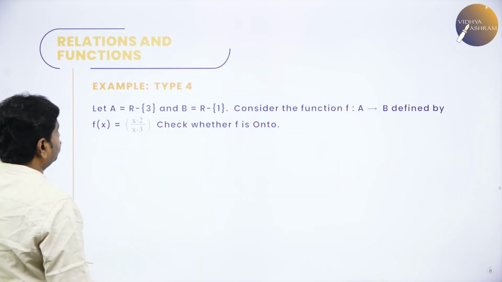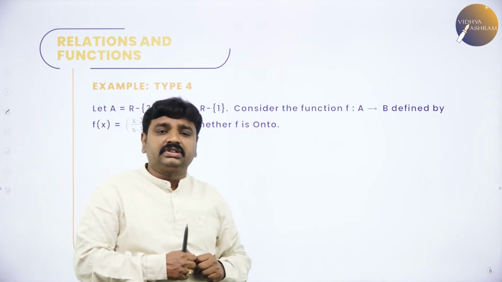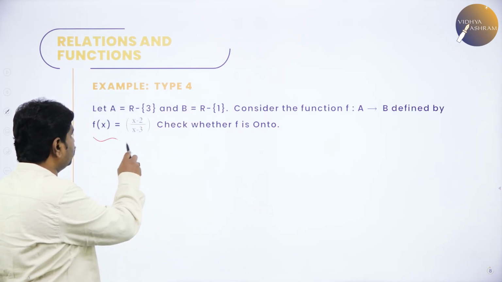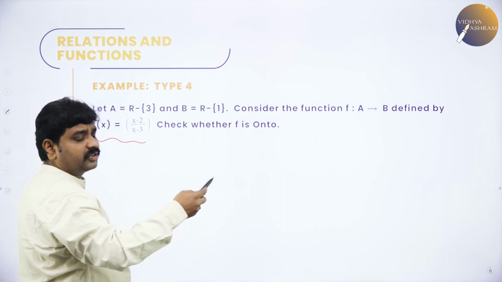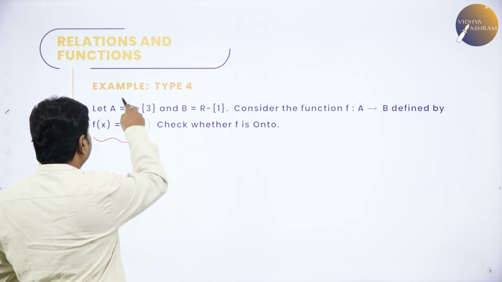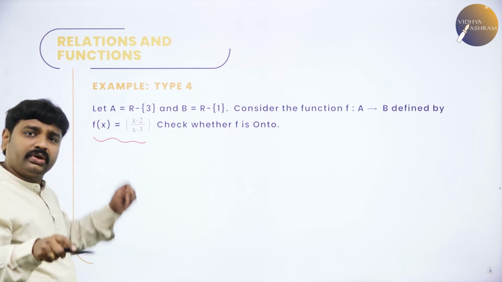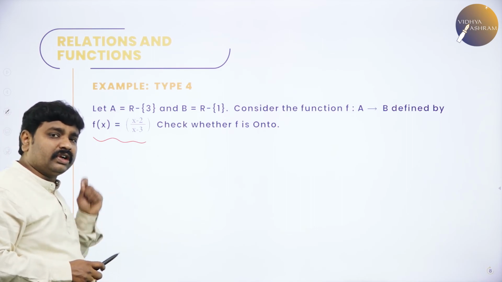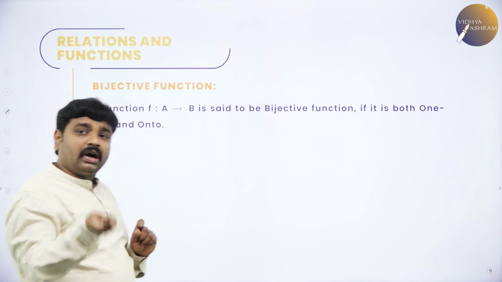One more problem of the same kind. Here we have a linear function. So now try these functions, whether they are onto or not. Now this is a question. Please all of you copy this. R minus 3, all real numbers other than 3. R minus 1, all real numbers other than 1. This is set A, this is set B. Whether this is onto or not. If it is not onto, give an example. If it is onto, generalize. I showed you how to give an example also. Try this. I will be doing the problems of onto again.